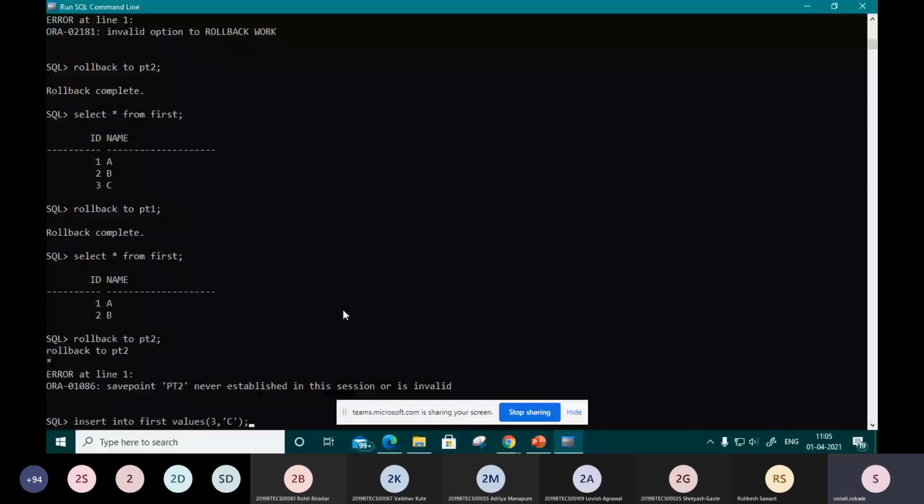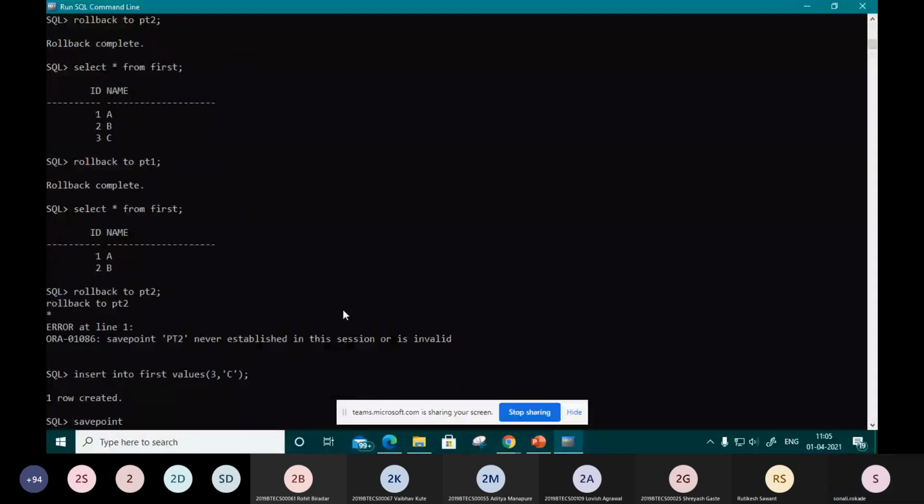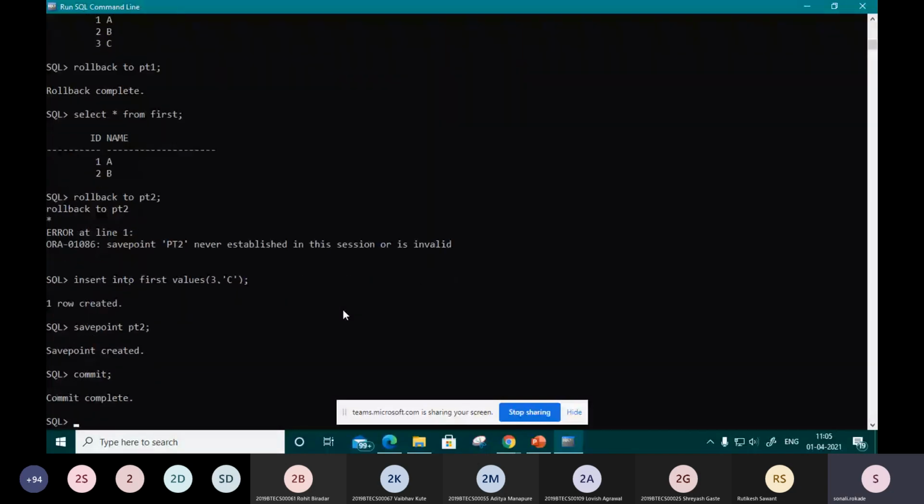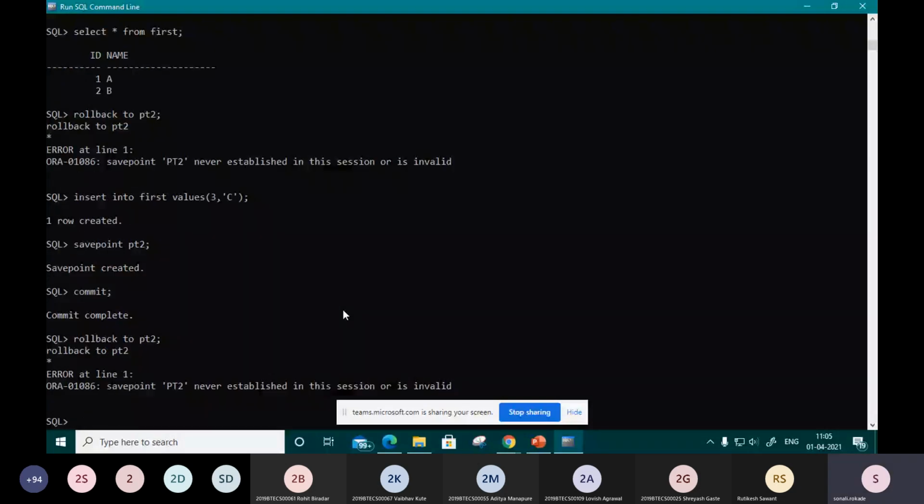Okay, now I want to create save point PT2, and I want to perform commit. So go back to, roll back two times this.